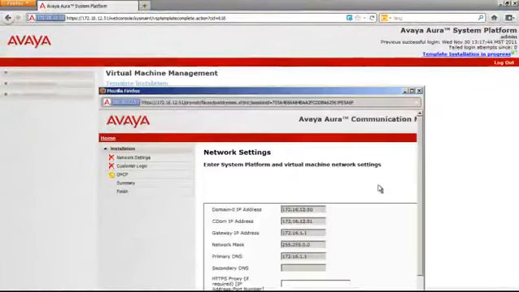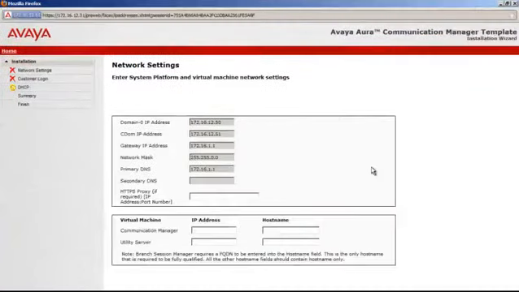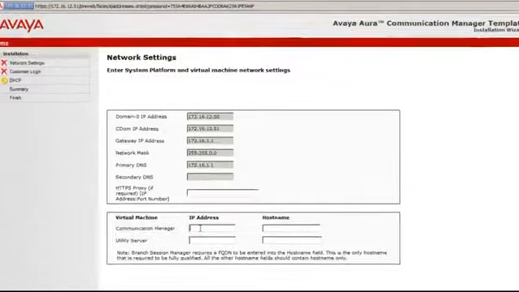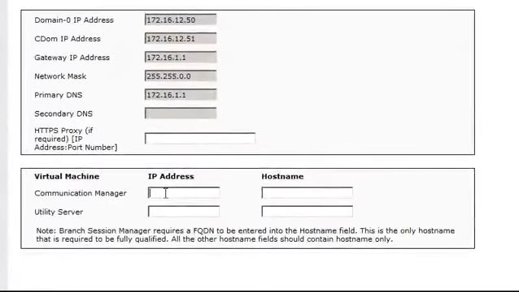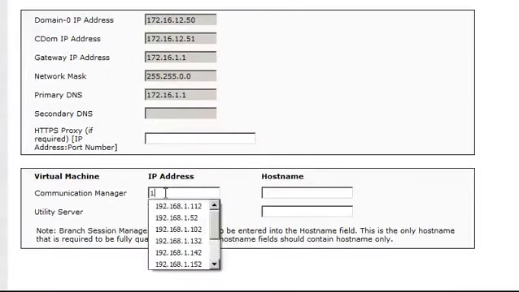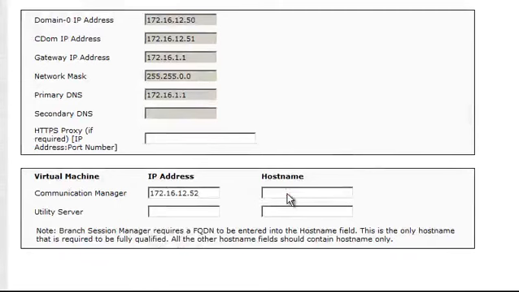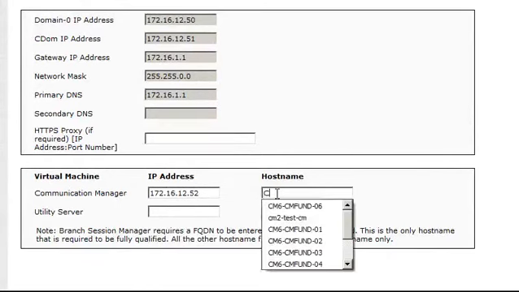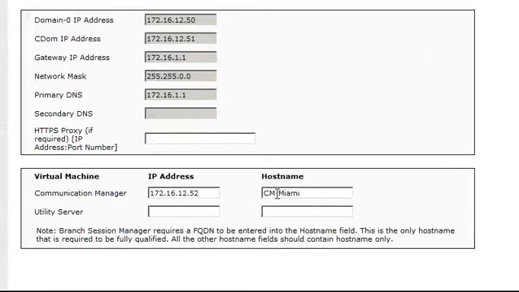And now, here's the screen you want to see. We're going to enlarge it. Now here is our installation window. This is where the data entry they were talking about is. And this is where we're going to put the IP addresses for Communication Manager and the utility server. And now we're going to put in the IP addresses for Communications Manager. We will then give it a host name, and we'll call it CM Miami. We'll now go down to utility server, give it its IP address and its host name, and we'll call this